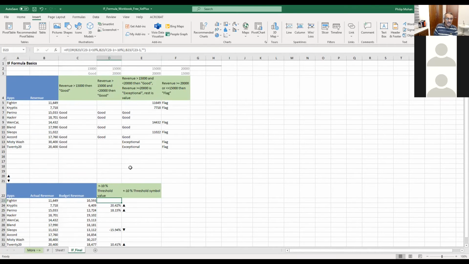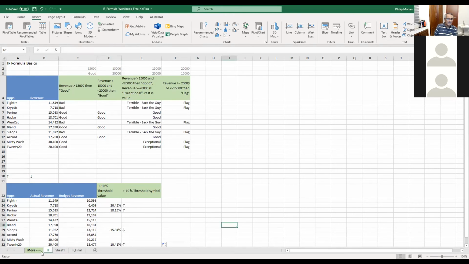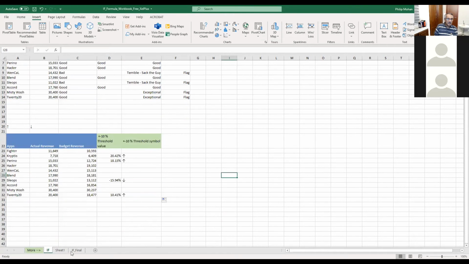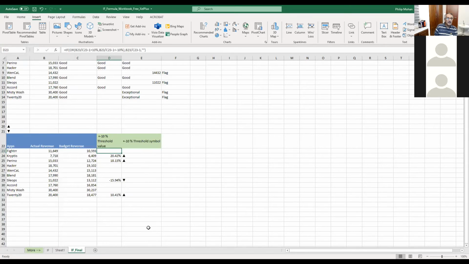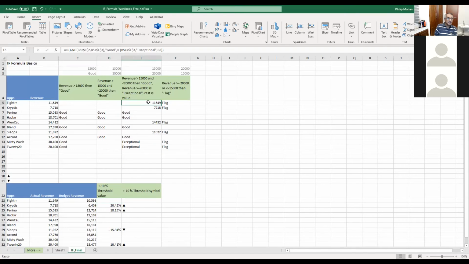Her sheet has got the details, and I'll send you the link which she explains very well. Okay, Vanchan, where's your sheet? My sheet is the IF sheet. Anju wants to see her sheet formula, which is the IF final. Her sheet is basically she's put percentage instead of 0.1 and stuff like that.